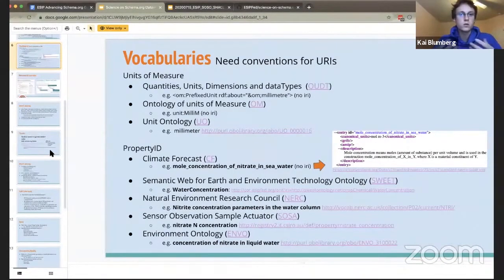As Steve mentioned, if we were to further dereference, instead of just keeping everything within the schema block, and actually dereference to other types of controlled vocabularies or other types of semantics like ontologies, we actually get quite a lot more potentially as additional data and metadata. Regarding units, which Steve had just mentioned, there are a couple of standard ones. This is by no means exhaustive, but a couple of the commonly used unit vocabularies on the web include QUDT, from NASA, I believe, the ontology of units of measure, as well as the units ontology from the OBO Foundry.